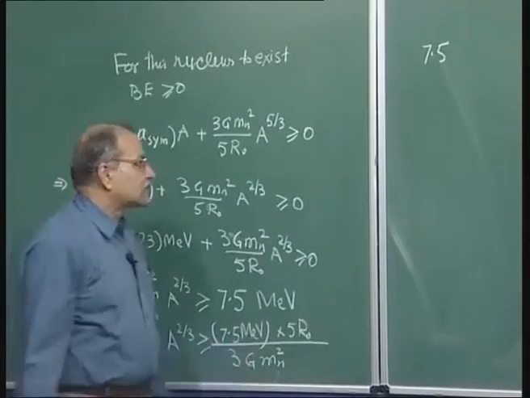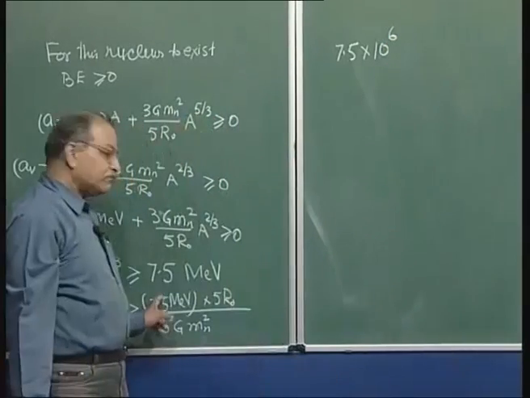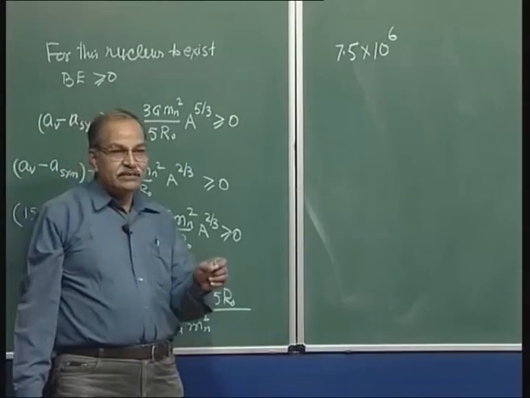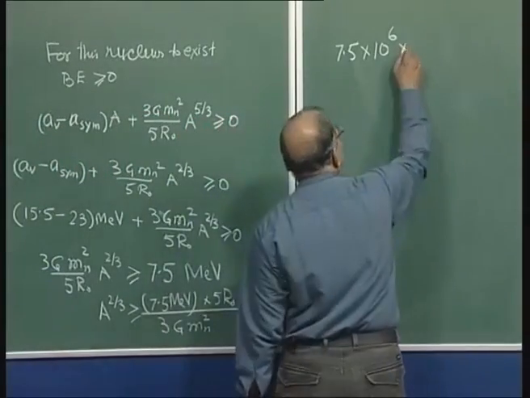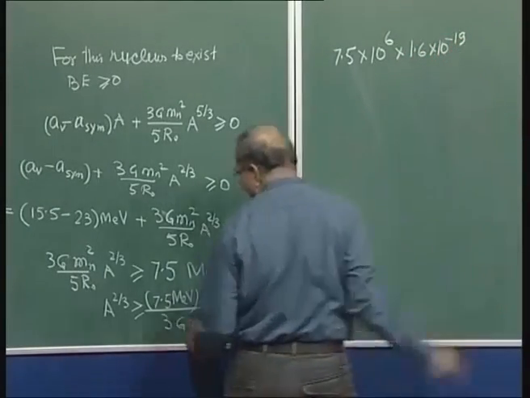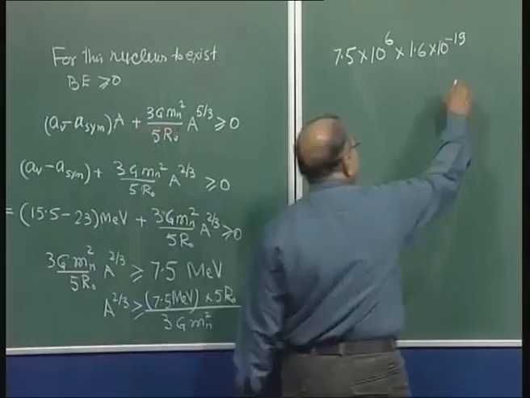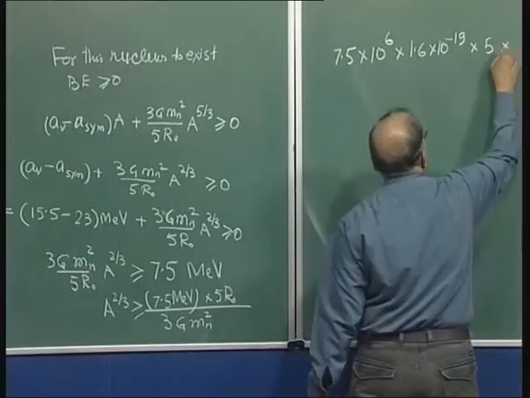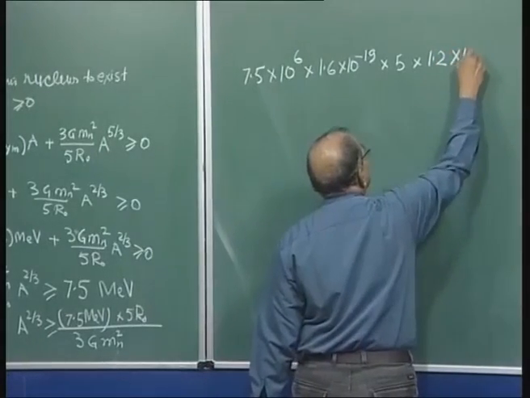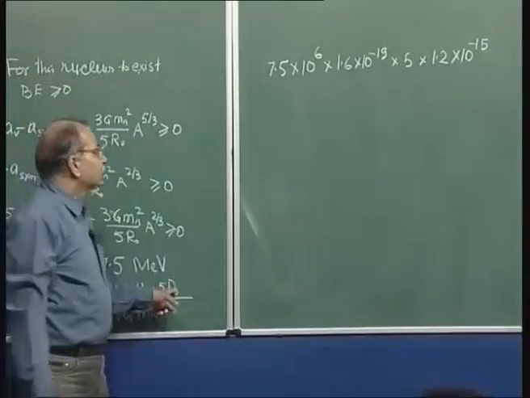So, mega electron volts, here mega is capital M, 10 to the power 6, and electron volt. 1 electron volt is how many joules? 1.6 times 10 to the power minus 19 joules. So, I am writing everything in SI units. 7.5 MeV I have written, times 5 times R naught, capital R naught. How much is capital R naught? 1.2 femtometer, so 10 to the power minus 15, divided by